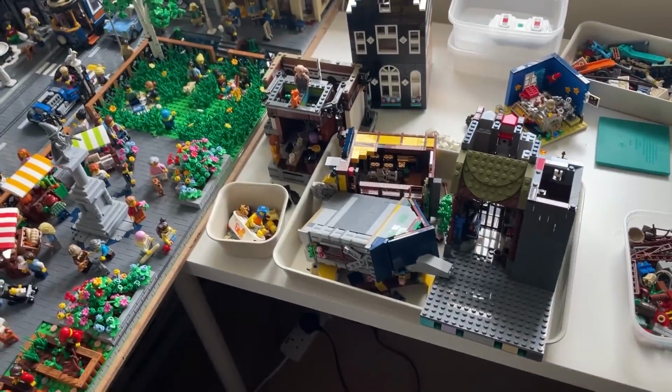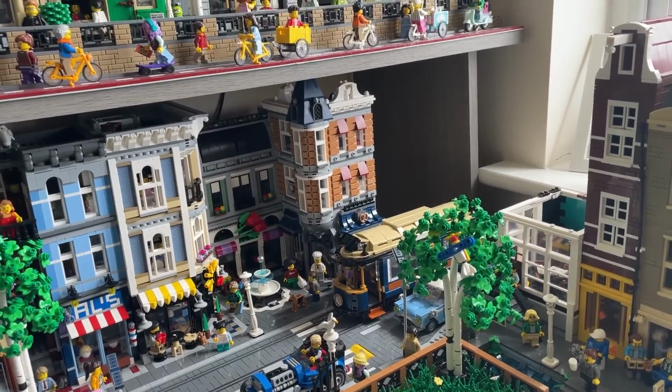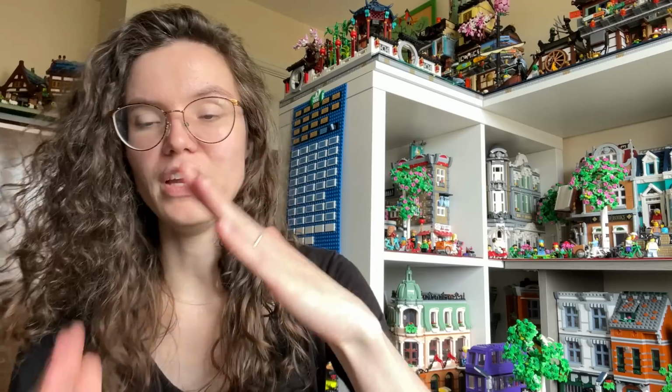So this is the MOC, the medieval smithy from Bricative, that sat in that corner. Basically, I really love that MOC, and I think the medieval smithy is just stunning, but it was one brick too tall for it to sit in a city. It basically, in order for the roof to complete its sort of curve,